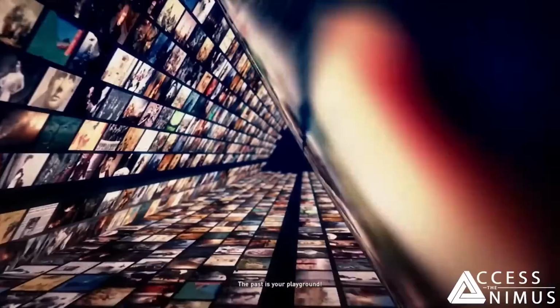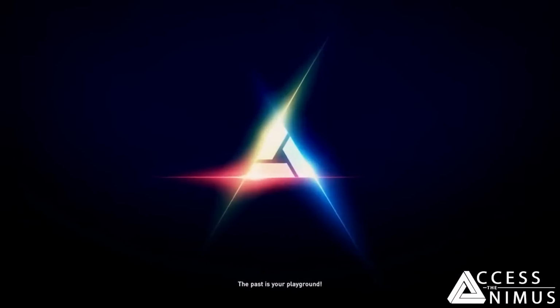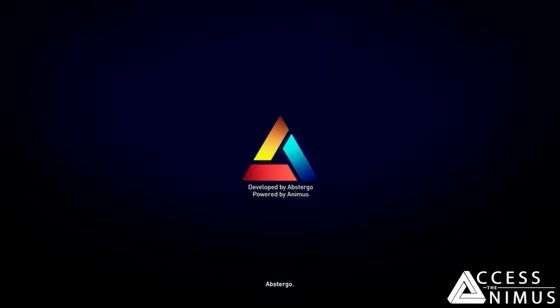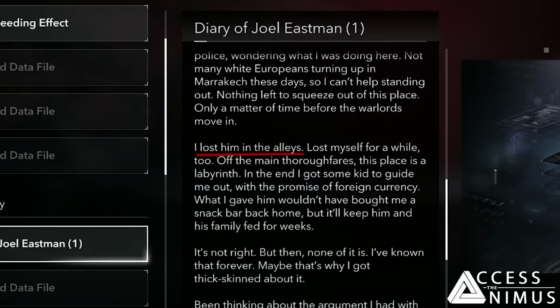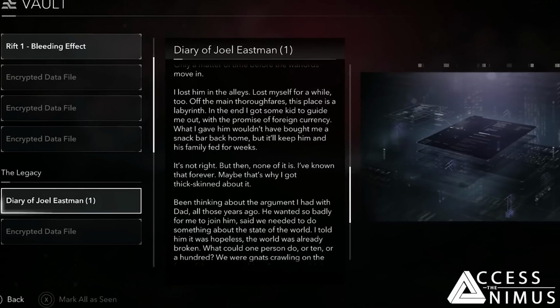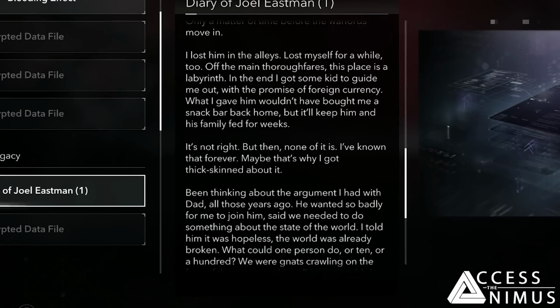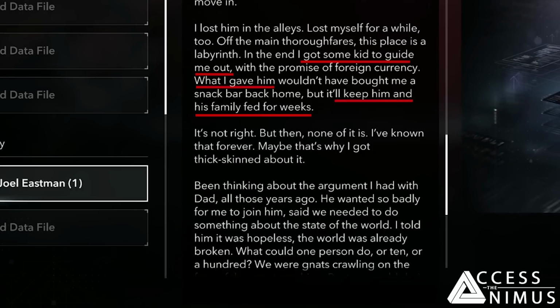What we do know is that he then left the stall and tried to get rid of the man that was following him by losing him in the alleys, which I guess shows he already has the skills for this kind of situation. At some point, he also stops to consider how different conditions are in here, how unjust they are to kids and families, how things are not right in the world in this new modern day setting, which leads him to think about an argument he had with his dad many years prior,